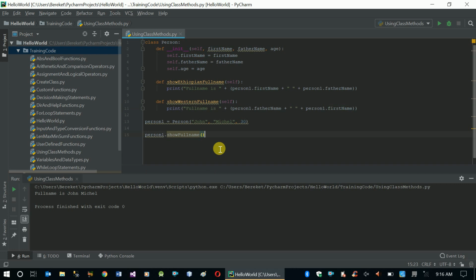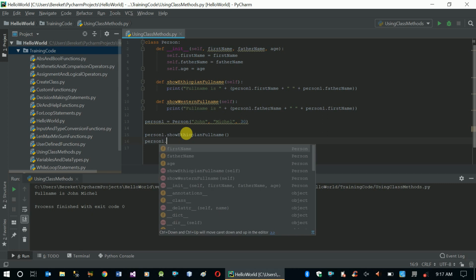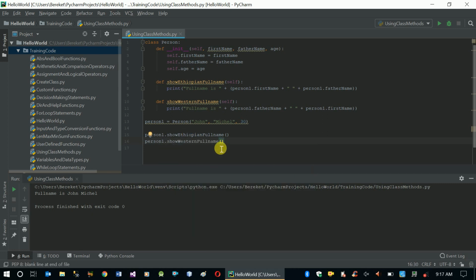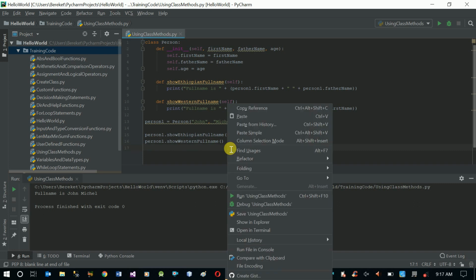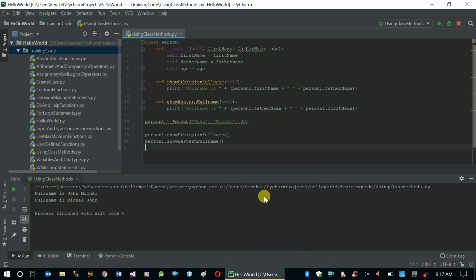So whenever the user wants to display Ethiopian full name, they can use the Ethiopian function and Western whenever they require Western full name. So when we run our application, we have two outputs. Okay, so